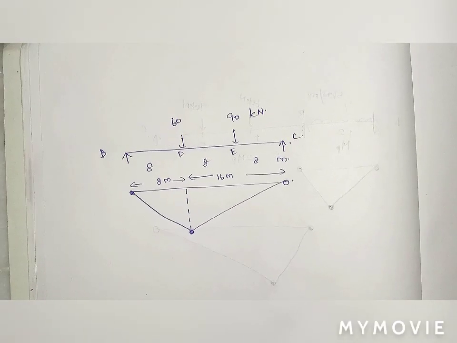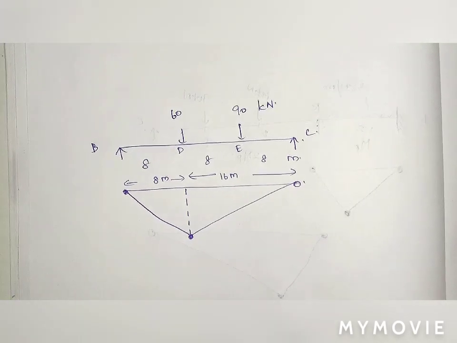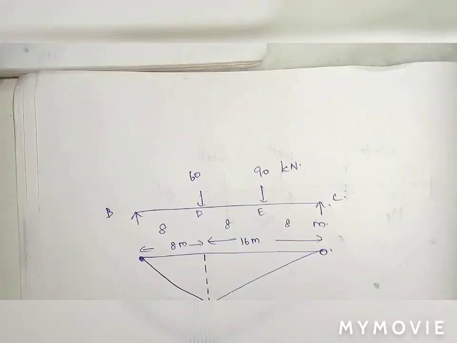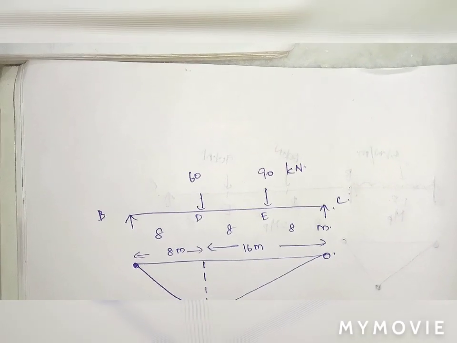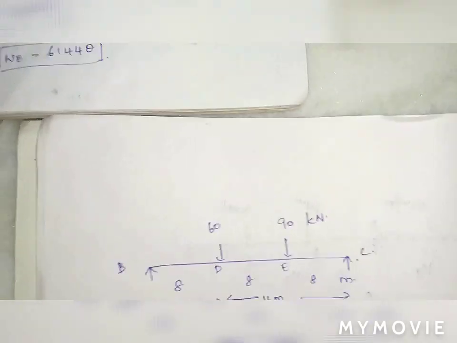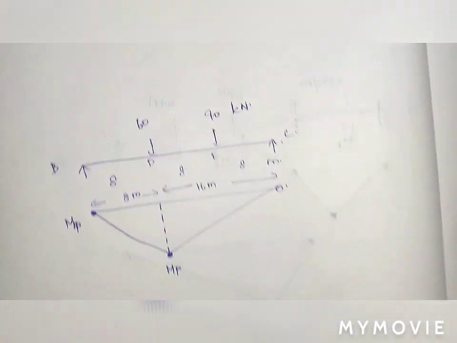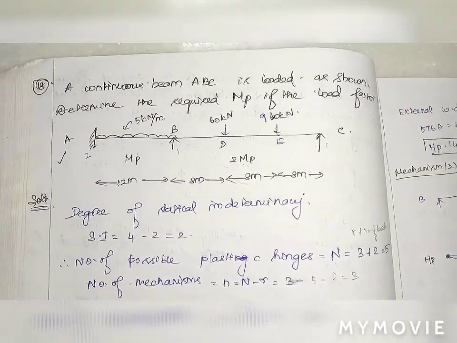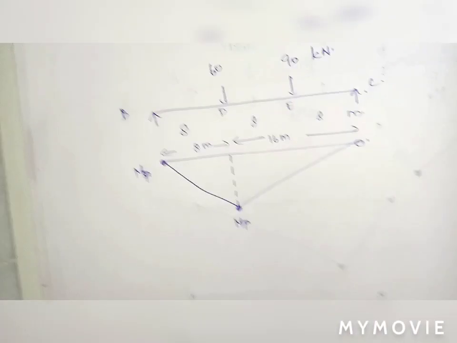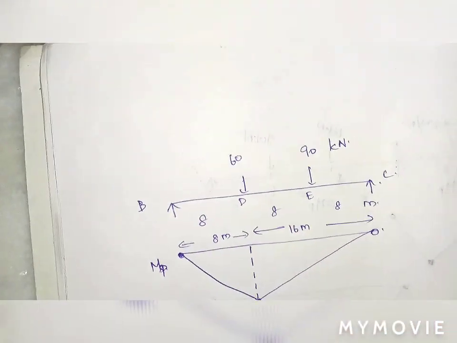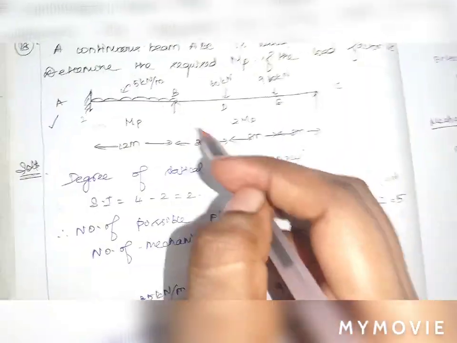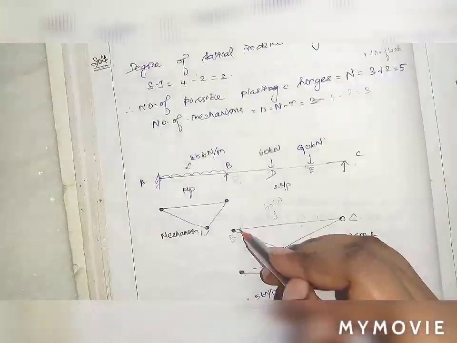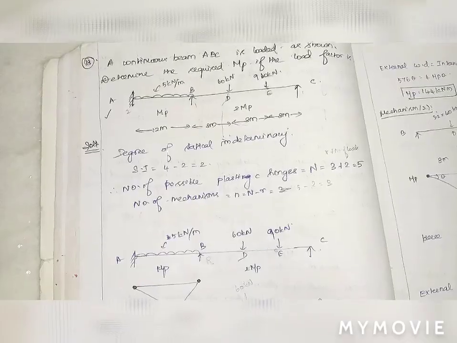Consider the next mechanism. Okay, so I have plotted the mechanism and the plastic hinges and the mechanical hinges also. So next thing, you have to plot wherever the plastic hinge will occur, we have to write MP, plastic moment. But in the question what they have given us, in the section BC it is 2 MP and the section AB it is MP. Okay, so here in the section BC you can say that it is 2 MP, that is at this point the plastic hinge is 2 MP, but at this point, that is B point, we cannot say whether it is